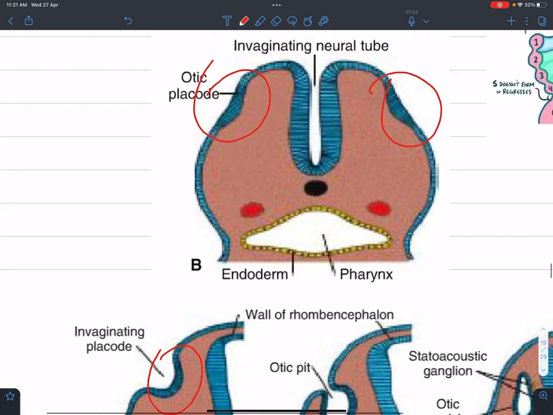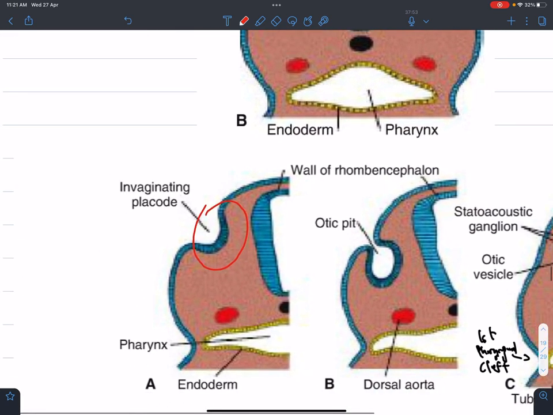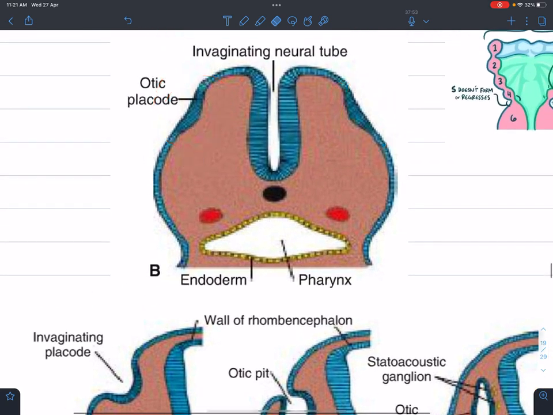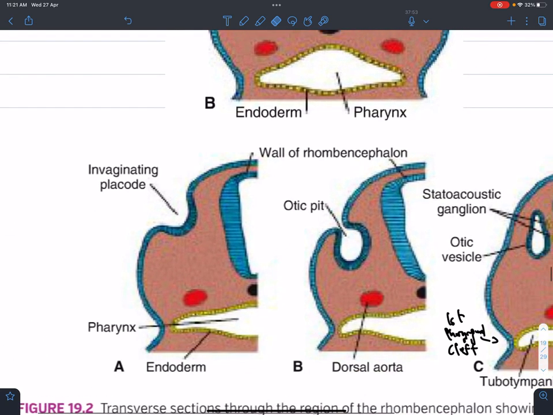That's why it's called the otic placode, like the lens placode, the otic placode. And the same thing will happen. Why did it basically proliferate? Why did this ectodermal cell proliferate to give you a placode? Because there are growth factors coming from the rhombencephalon, okay? But the important thing is that it gives you the otic placode, and like the lens placode, invagination will happen. It will invaginate, fold on itself, and give you the otic pit,